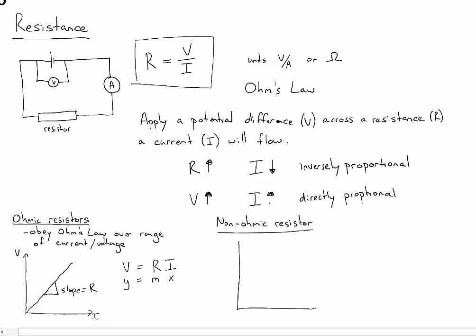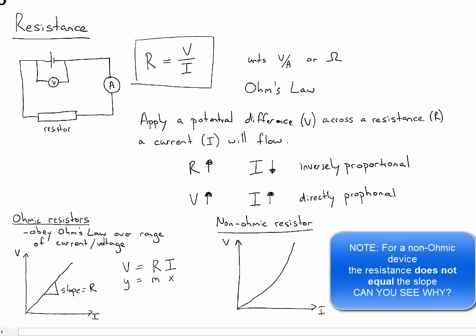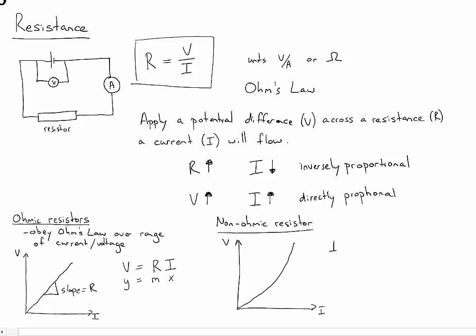On the other hand, for a non-ohmic resistor, these resistors don't obey Ohm's law. So if we plotted voltage against current, we might get something that looks like this. So this might be a typical voltage current graph for a filament lamp, so a light bulb. So as the current gets greater,